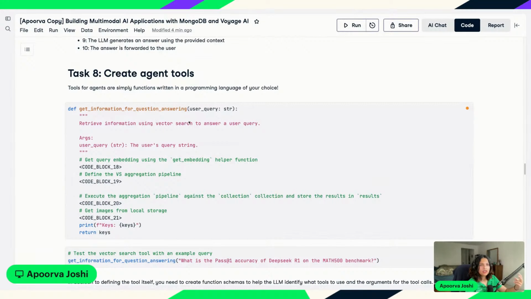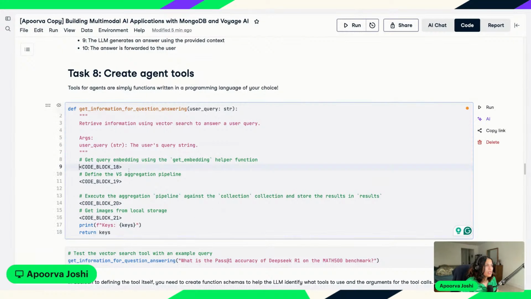So like I said, our agent has two objectives: to answer questions about this multimodal document, and then given a screenshot or figure, help the user make sense of it. So for that, we are just going to give our agent one tool, which is a vector search tool to get information to answer questions. So this is me defining a tool for the agent, and tools for agents are simply functions written in any programming language of your choice. So as you can see, it's literally a Python function,